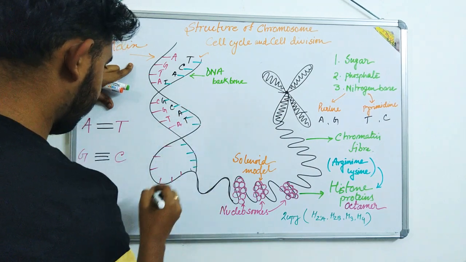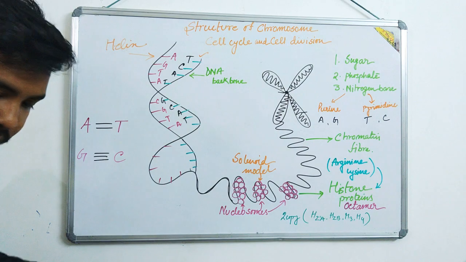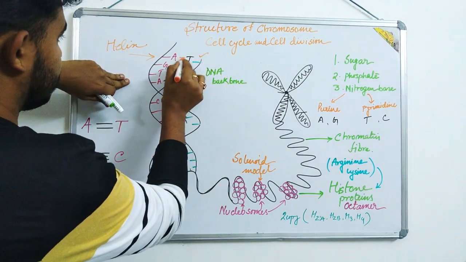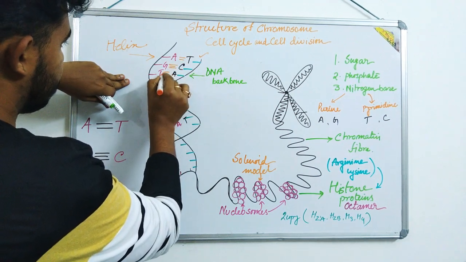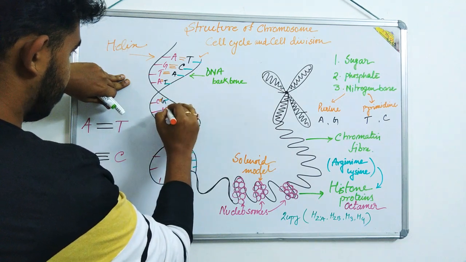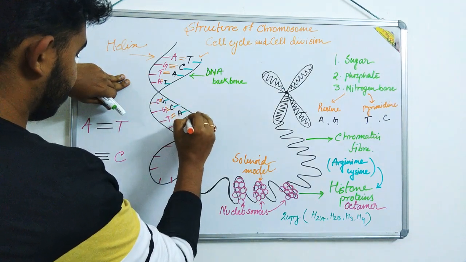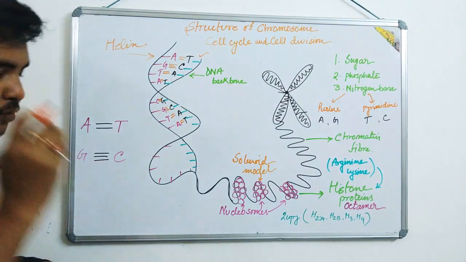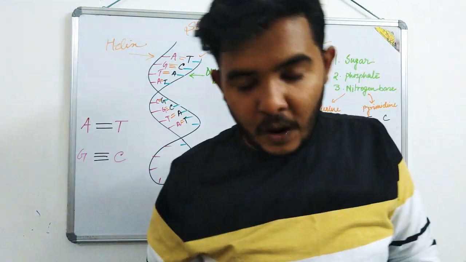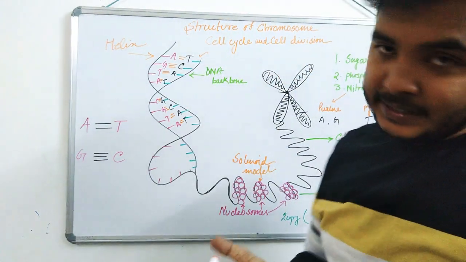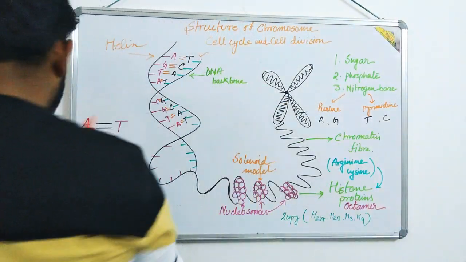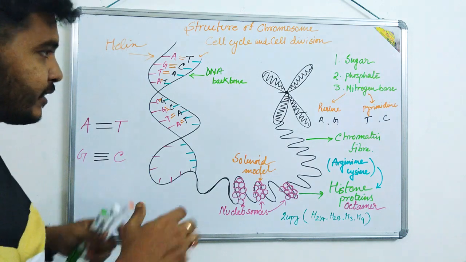I think you guys have got it already. So that's it. So in between A and T, there will always be which bond? Double bond. G and C, triple bond. Double bond, double bond. Triple bond, triple bond, double bond, double bond. Okay, just always remember this. So adenine, guanine, thymine, and cytosine. Okay, AT and GC.